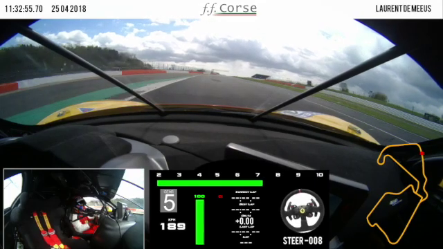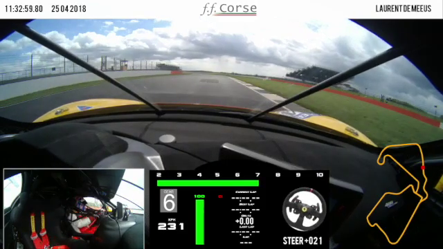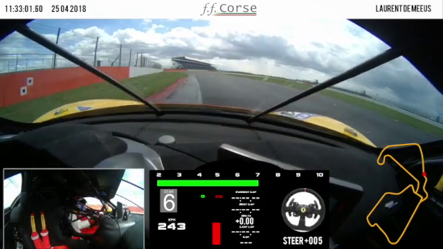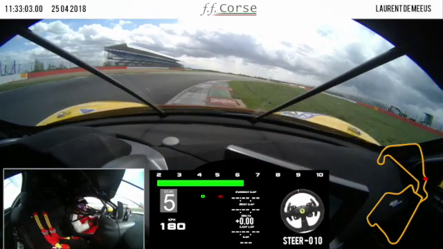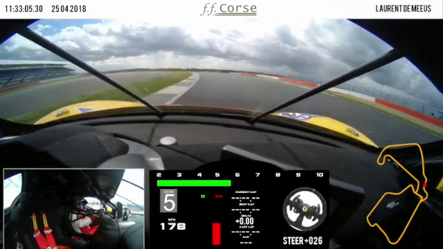Heading back to the right hand side of the circuit now, quick check in the mirror before we cross the blend line, before we turn in for Maggots and Becketts. Turn in absolutely flat out, make sure we get the car lined up in a straight line for a big firm brake, down one gear, fifth gear through the first right hander, all the curb on the right, let the car run out to the left before on the brakes once again,